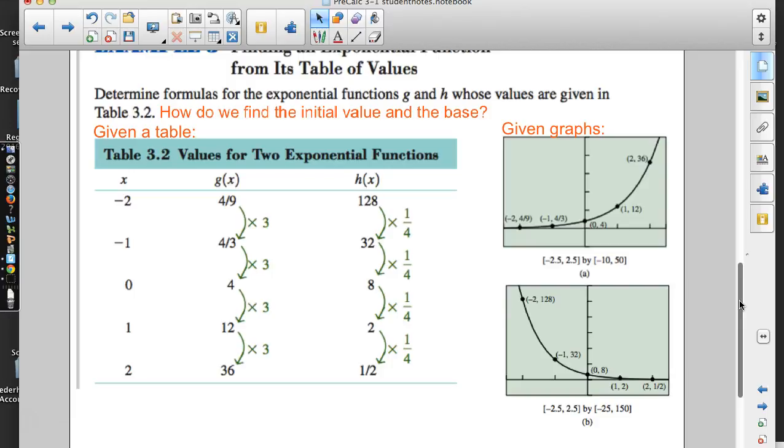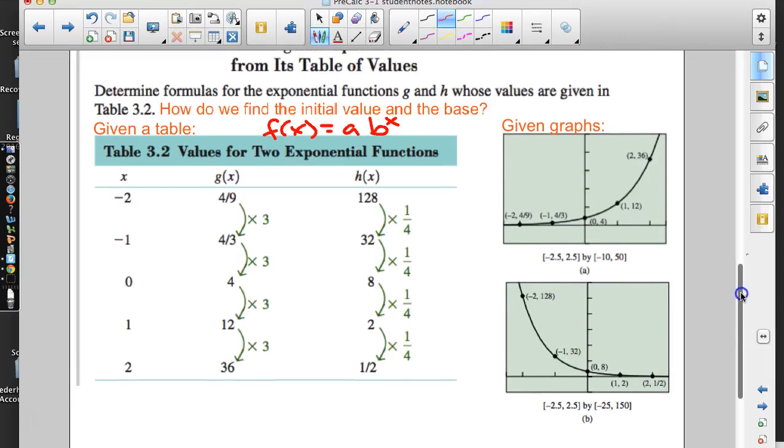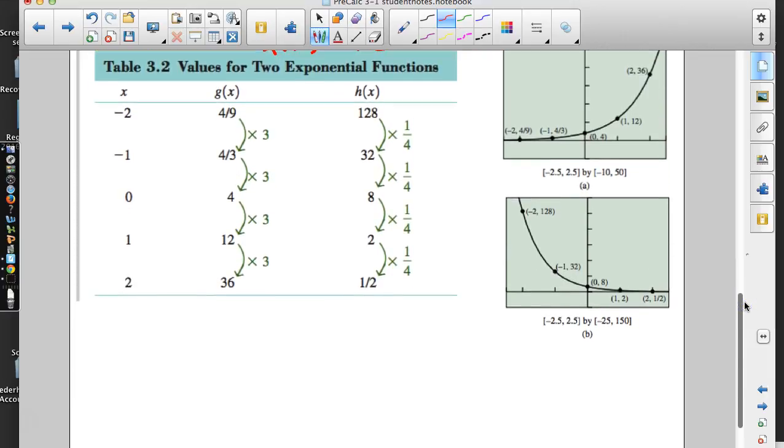function does. So it says determine formulas for the exponential functions g and h, whose values are given in table 3.2. How do we find the initial value and the base? Because that's what we have to do. Our formula, remember, is f of x equals a times b to the x. So when I'm trying to write a formula for, in this case, just g of x,